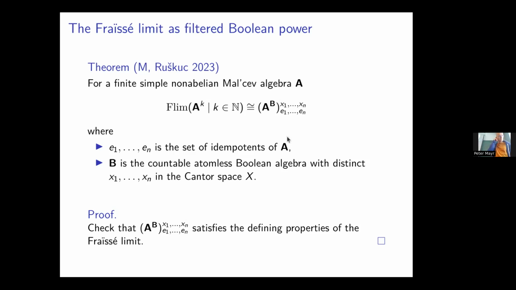So if you have these objects, then showing this isomorphism is easy. You just have to check that this filtered Boolean power satisfies the defining properties of the Fraïssé limits from two slides ago. So it's countable. It's a direct limit of direct powers of A. What else? It's K-homogeneous, so every isomorphism between substructures that are isomorphic to direct powers can be extended to automorphisms of the whole thing,